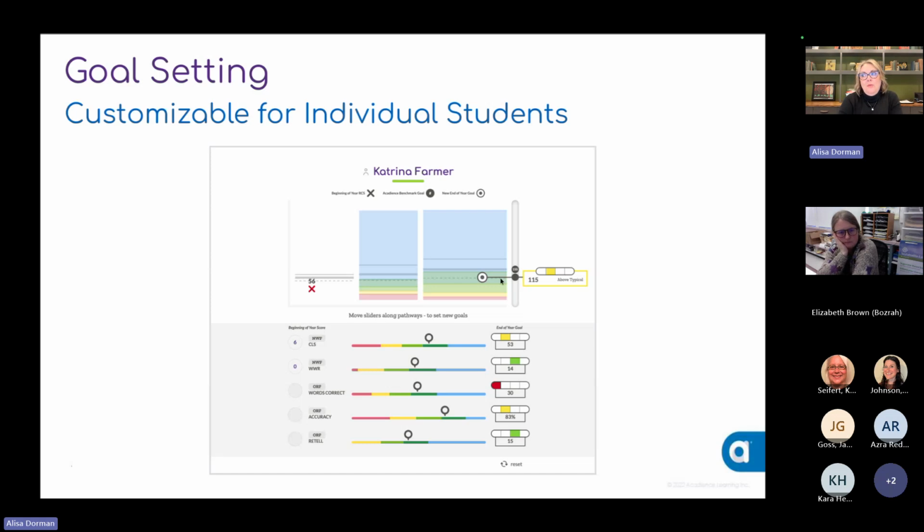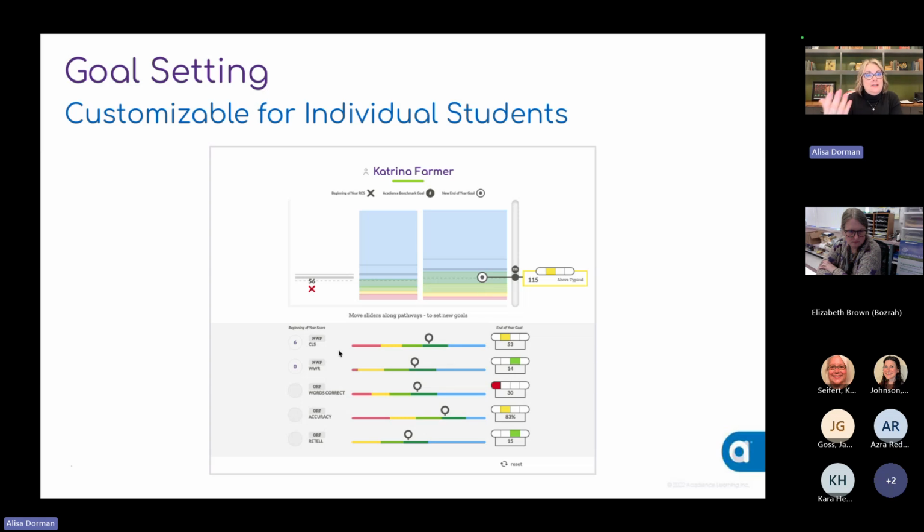And when you think about that, we wanted you to know that in the goal setting feature, you can come in and for every skill that's being assessed across that year and or at that time, you can come in and you can say, here's where the student was at the beginning of the year. And you can decide where you want that student to be at the end of the year, and you can establish different targets at the individual measure level. And when you do that, it will overall assign to the aggregate, to the composite level.